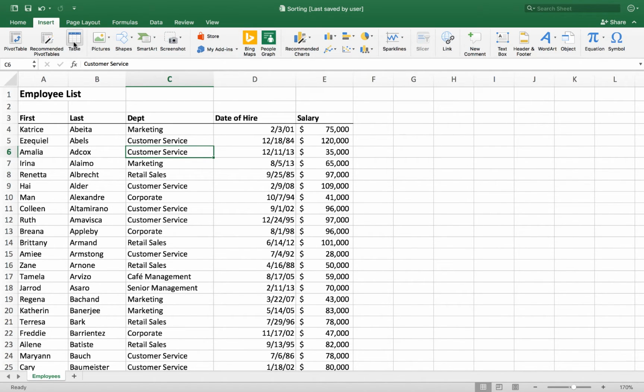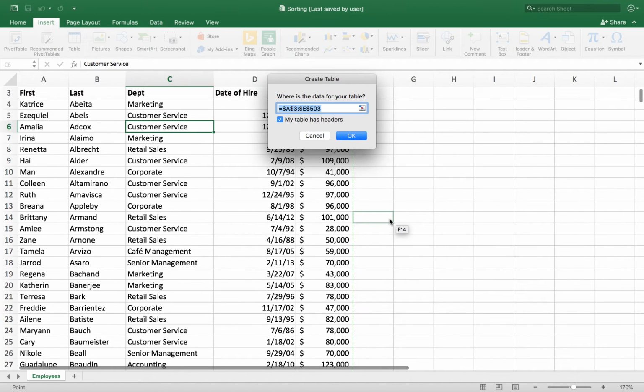If I click on Table, that opens this dialog box, and based on my cursor position, Excel makes a guess. Everything out to the first blank column and the blank rows is in my table. It also notices the top row looks different, so it guesses that we have a header row up there.